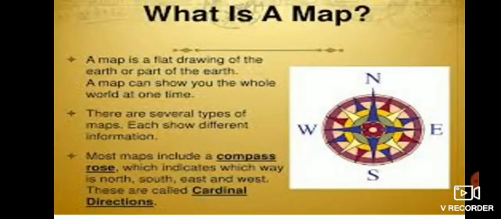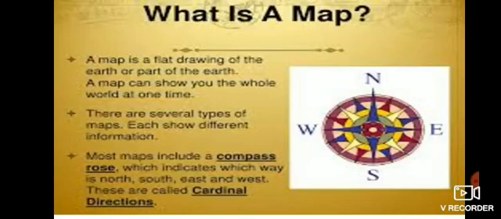A map is a representation of Earth's surface or a part of it on a flat surface, drawn according to a scale. It can be drawn on a piece of paper, a board, or a wall. Maps are made in different sizes and can show any place on the earth. For example, we can make maps of the whole world, a country, a city, or even a village.